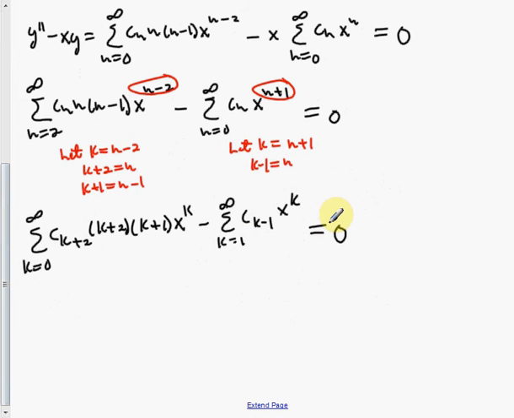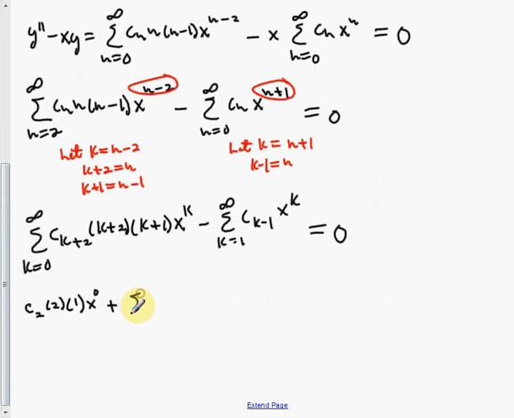equal to 0. Well, I can't factor out x to the k from here and there because both of these summations are starting off at two different indexes. So one starts at 0, the other starts at 1. So we evaluate at k equal to 0, and then we have plus the summation as k goes from 1 to infinity, plus the other summation over here, and k goes from 1 to infinity. So we evaluate the first summation at 0, so that gives us c sub 2. If k is 0, that'll be times 2, and 0 plus 1 is 1, times x to the 0,